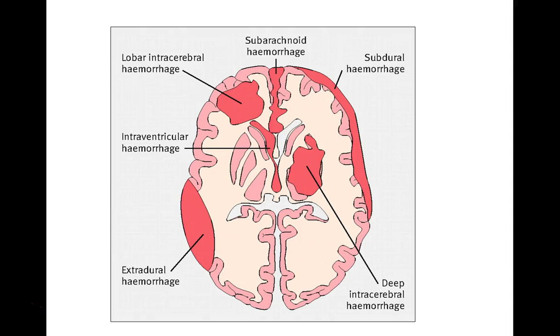So if there is a bleed on one side or a tumour, is it something space occupying? Yeah. Think of your skull as a box, and within that box you've got brain tissue, you've got fluid, and you've got blood, and there's essentially not space for there to be too much of one of those things, apart from brains. And so if you were to have a bleed or a tumour or anything that's occupying that space on one side,